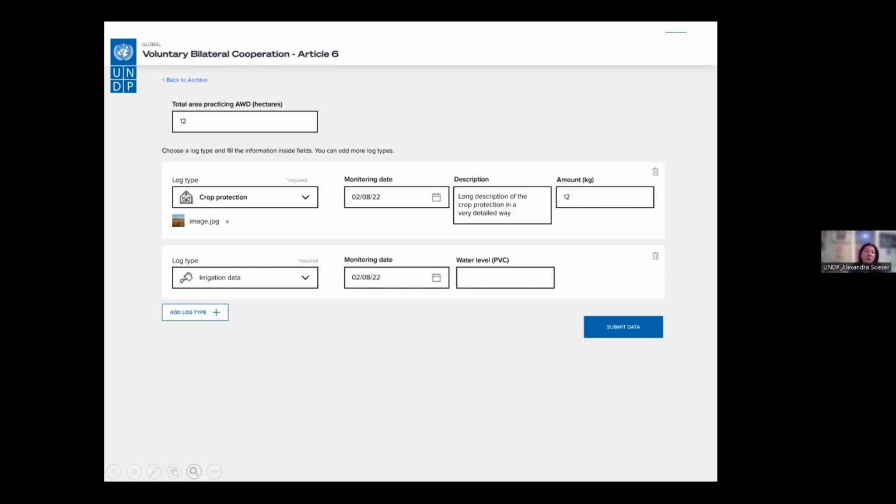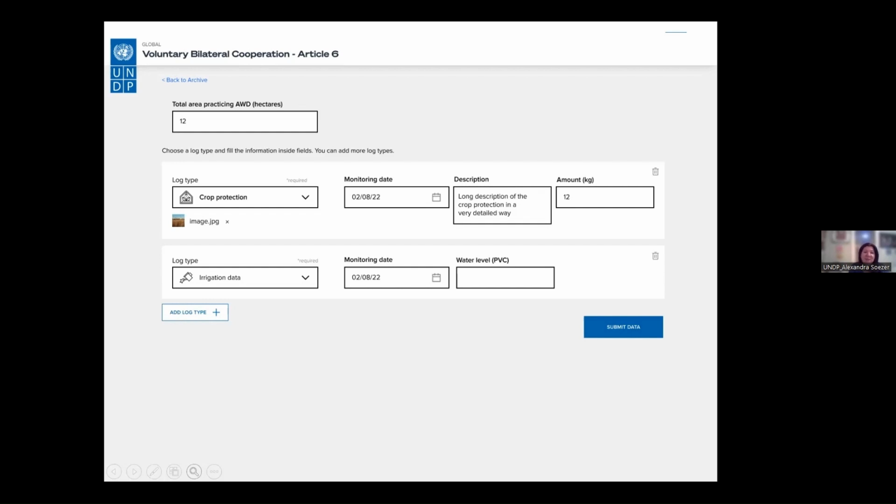And this app also shows monitoring report archives, which will be created for each year and each project beneficiary, so that each beneficiary, in this case farmers, can see the revenues generated each year. And so far, the platform spaces have been created for Vanuatu, Georgia, Ukraine, Malawi, Morocco, and Uruguay. And we are expanding the platform to new countries that are interested to engage in Article 6.